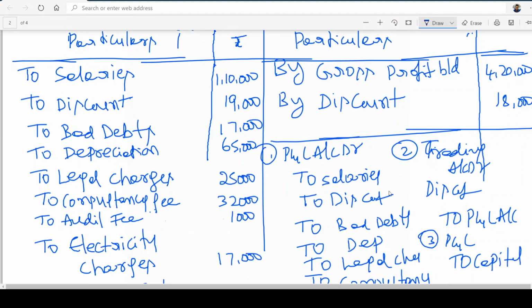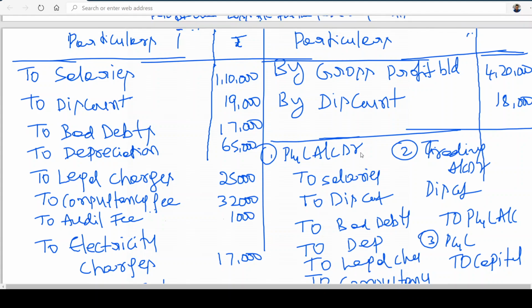I think you will understand. P&L account debit, you credit all expenses. You credit gross profit, you close the gross profit, I mean you debit gross profit by debiting which account? Trading account. Discount account is showing credit balance, so it should be debited: discount account debit to P&L account. Finally, P&L account credit, P&L account debit. If P&L account credit is showing more and debit is showing less, it is a net profit. Net profit is transferred to which account?